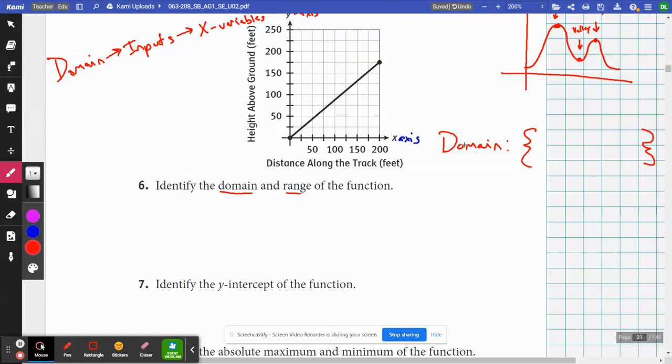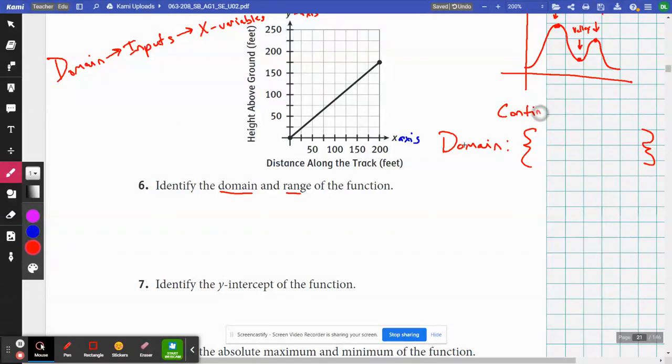So our domain, well, this graph is continuous. We talked about continuous on page 82. Continuous means that it is a line. This graph is a line. It's not points. This would be like the red here. Well, that wouldn't be a function, but the red points would be a discrete function. Where this is a line, so it is a continuous function. And whenever we have a continuous function,